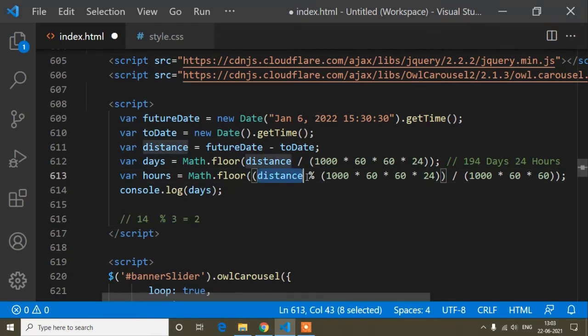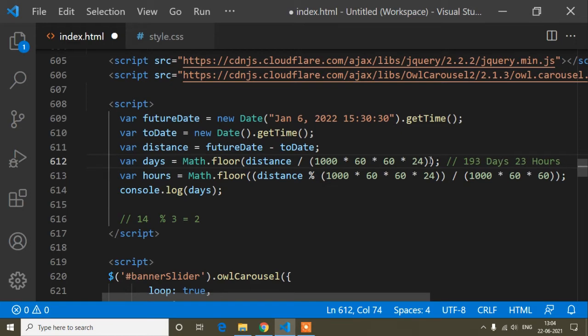So that's why from this calculation I am getting the remaining value, and how much remaining value, that will be our hours. And if it is 24 hours, that means it will be a day, because within 24 hours we complete 1 day. So that's why I have written remaining value, and in this 24 hours, suppose I am getting remaining value 23, that means 23 will count as hours. When it completes 0, it will start to count again from 24 hours, and when it reaches 0, it will reduce one day, like it will be 193.